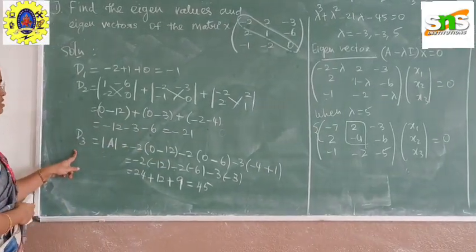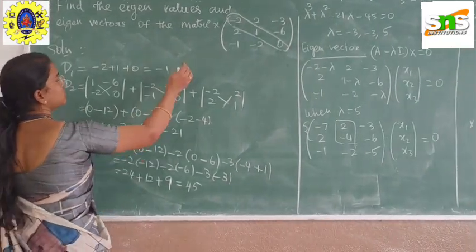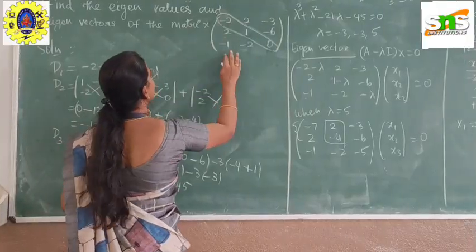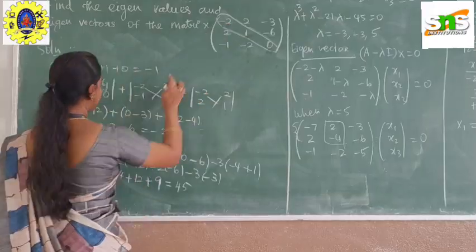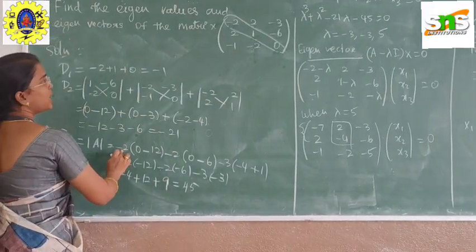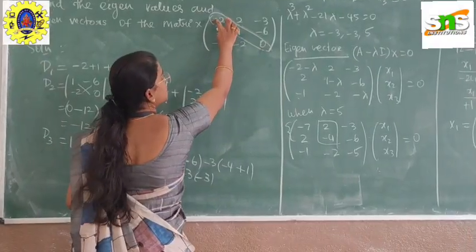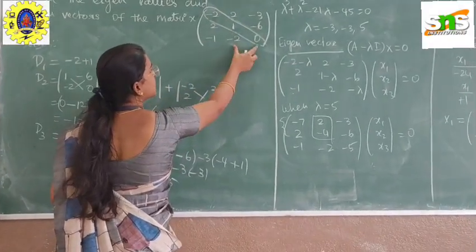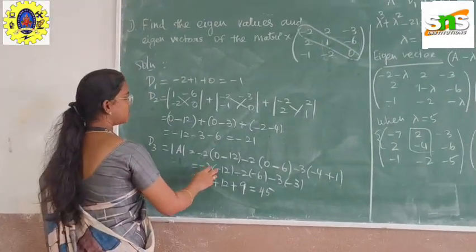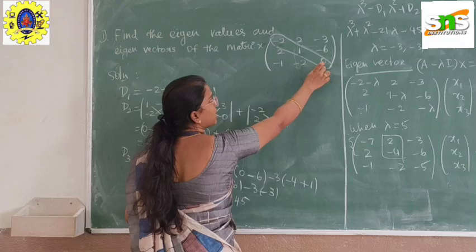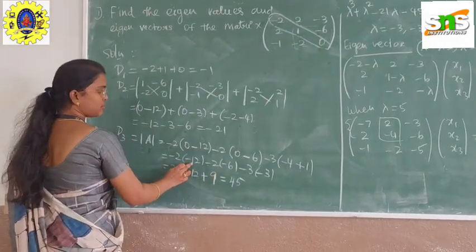So the d3 value is the determinant of A, which is the determinant of the given matrix. For taking the determinant of the whole 3 by 3 matrix, I am going to take the first row, first element, which is negative 2. Then I am going to take the determinant of this portion, hiding minus 2's row and column. Then I am getting this portion. So for that I am going to do a determinant. So 1 into 0 will be 0, minus 2 into minus 6 will be 12. So 0 minus 12 will be minus 12.